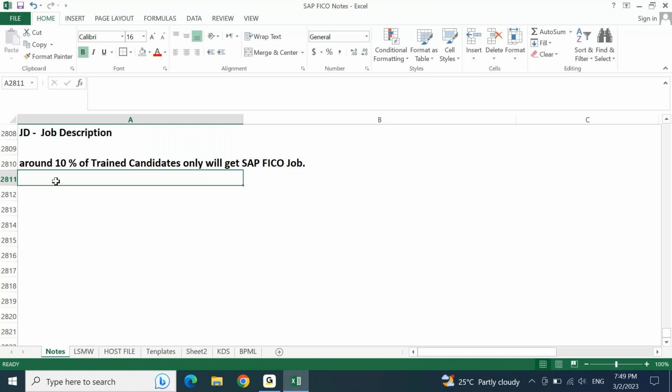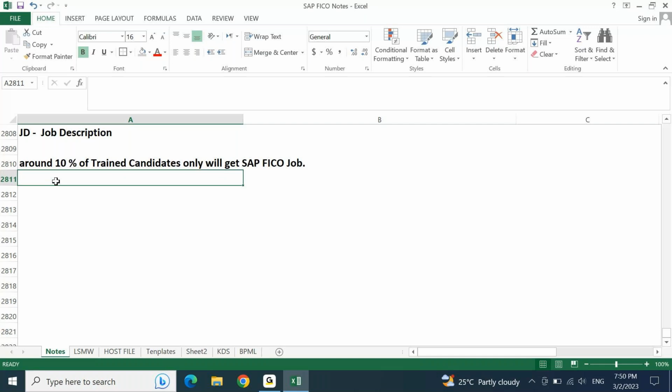If I ask how do you do a bank reconciliation statement, whatever steps you are telling, if they are aligned or correct with what we actually do on a project, I am fine with you. I'm not going to give you a task: create one company code, do this BRS for this bank, upload these transactions, show me the output. Who will check that? Nobody will check that. So if you are preparing for an interview, it is not going to take much time. But once you enter the job, your talking knowledge is not sufficient. There you need practical knowledge,